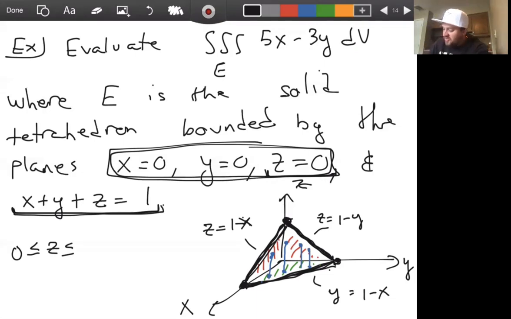And what are we bounded above by? Well, we're bounded above by the slant of this roof, wherever we're at, right? And we have a formula for the slant of this roof. It's given by z equals 1 minus x minus y. And so that gives us our upper bound for z, right? And so if we have our z bounds, well, then we need to find